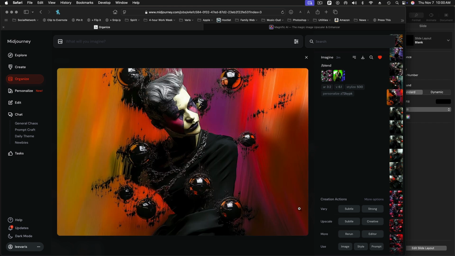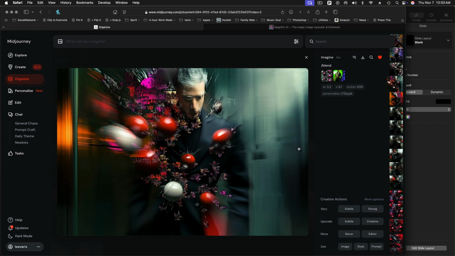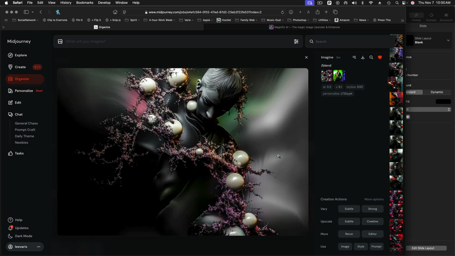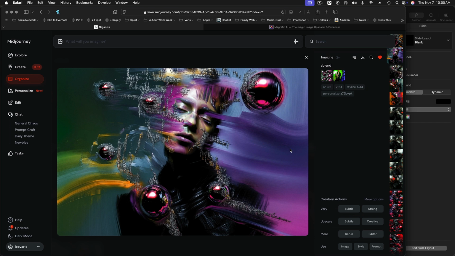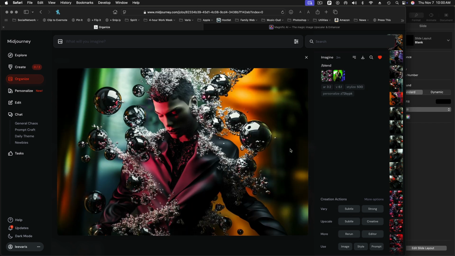So at this point, we can create variations. We can do very subtle or very strong. I usually start by making strong variations. So I'm going to go very strong there. I'm going to go back to this one. We're going to wait on that one. We're going to go very strong on this one. Anything that I'm kind of thinking I like as it is, I'm going to wait on. And maybe we'll just do subtle variations. But anything that's moving in an interesting direction, but I want to see some more variations, I'm going to start with